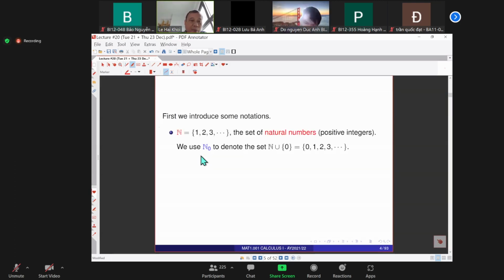N stands for the set of natural numbers, that is, the set of positive integers. And we use N subscript 0 to denote the union of N and the single set {0}. That is, you have the non-negative